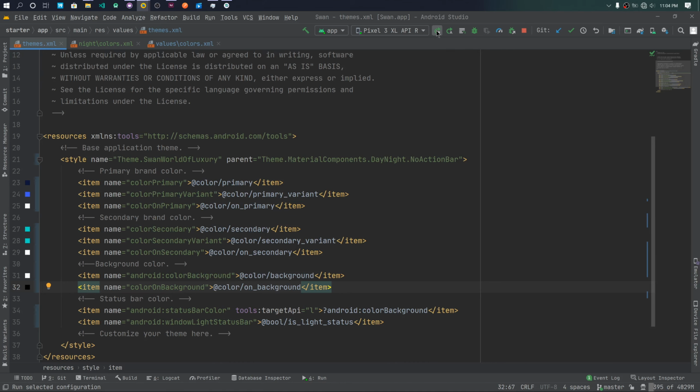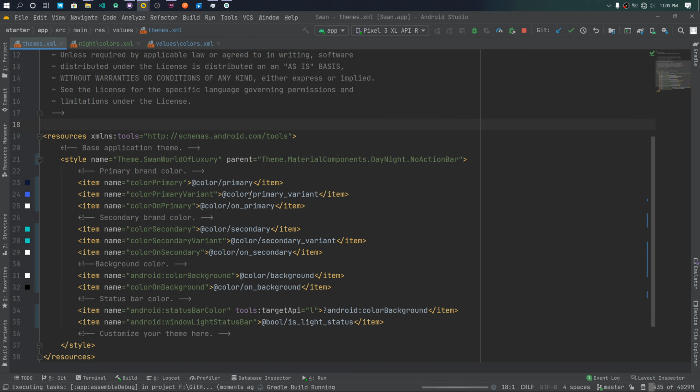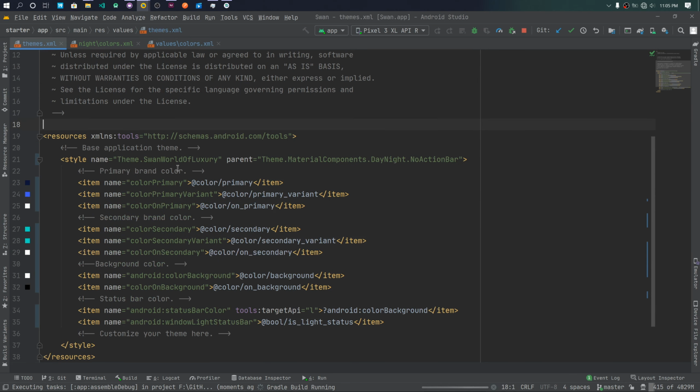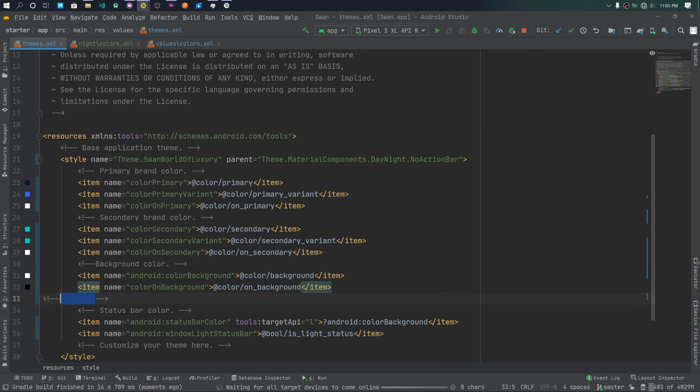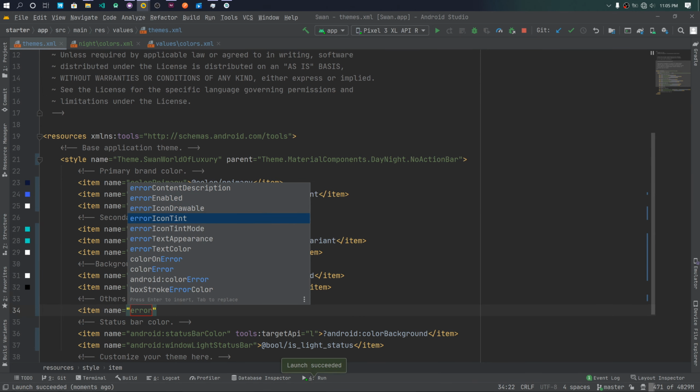So again, this is not going to affect the application in any way. Even if I run it, you won't see any difference here yet. So moving on from colors, right? There's a lot more you can do with colors, but moving on from colors, let me just add the rest. We can also set colors for our arrow. So we can set color arrow